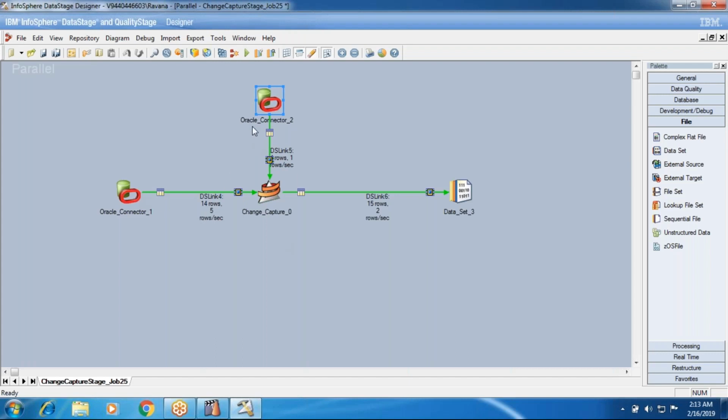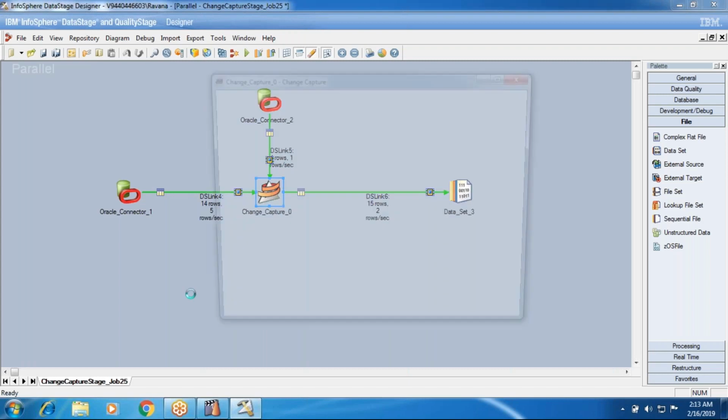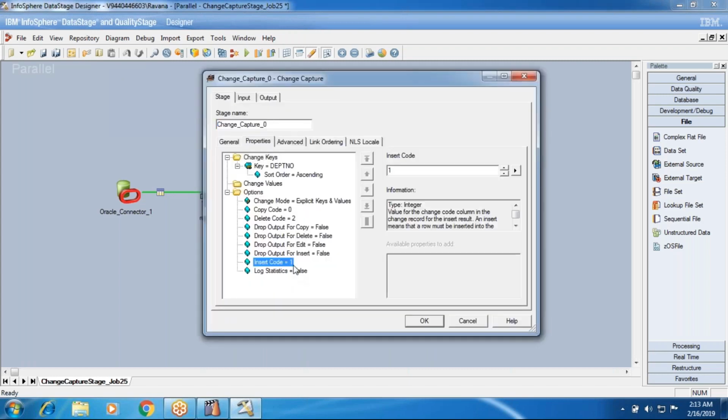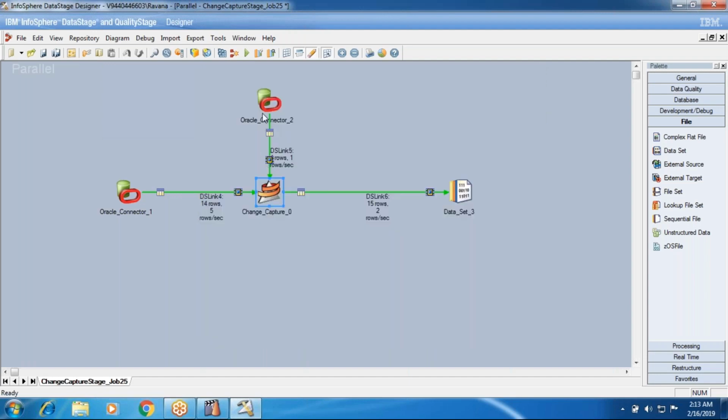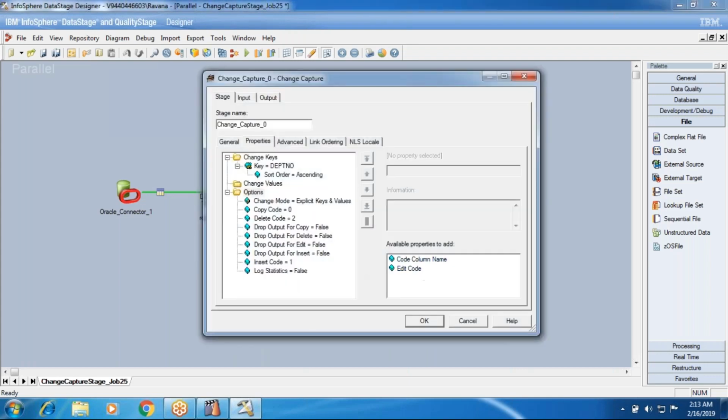And why are you getting one record for the 40th department? The 40th department gets insert code 1. I'm sorry, why is it showing that? Before, you don't have it, now you have. So that is an insert record. That is an insert record. So these are the codes, and if you have a spelling correction, it will get an edit code.